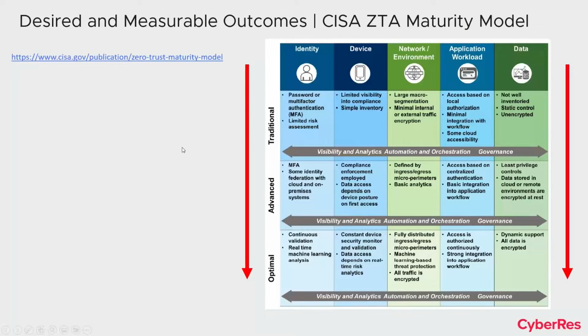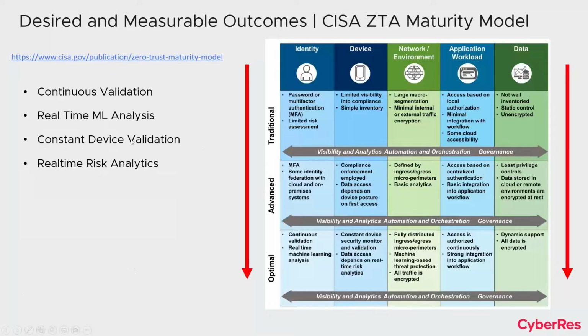So if you look at some of the government publications of how you should mature from a basic starter method of zero trust to a more advanced or an optimal method, you'll see the things they're shooting for. For identity, it is continuous validation, real-time machine learning analysis on those identities. For devices, they want to constantly validate the devices, fingerprint them.